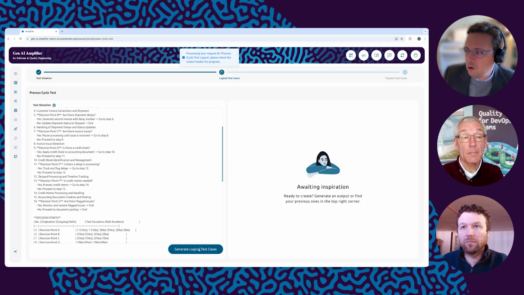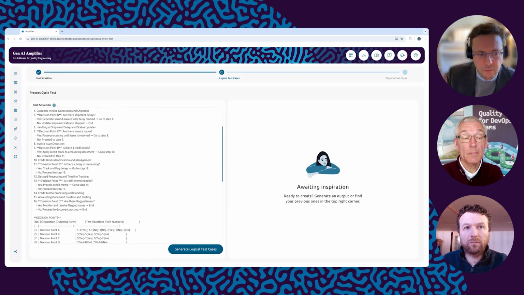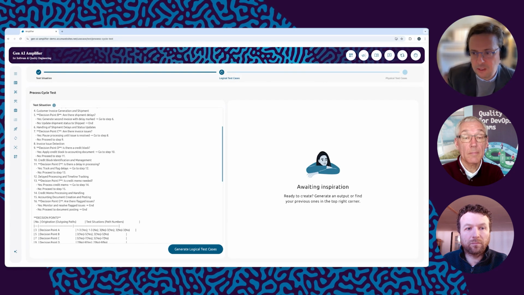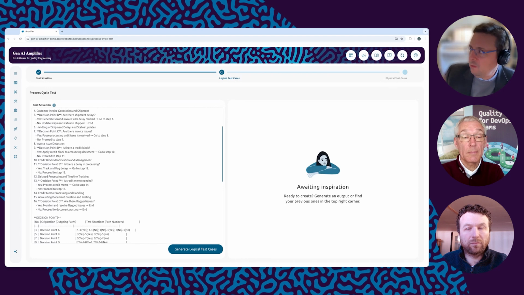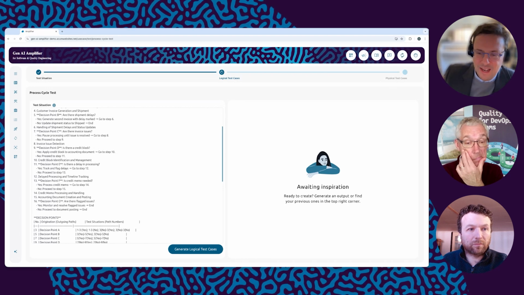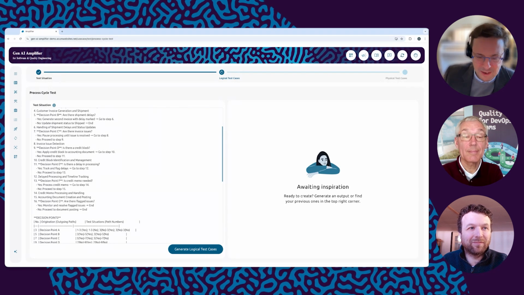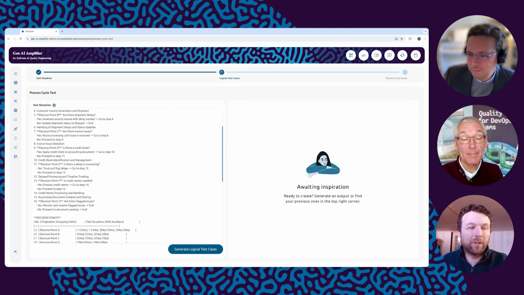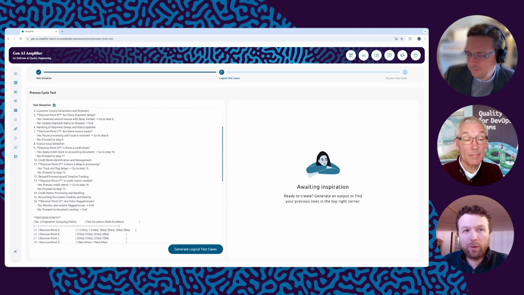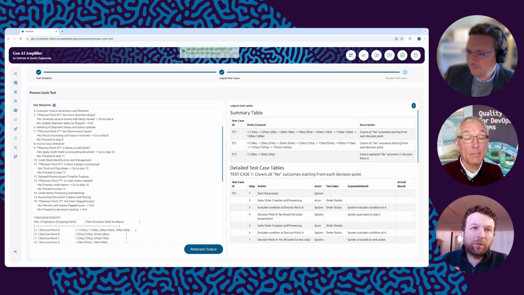I will then go and create the logical test cases, which are derived from the decision points and the understanding of the test situations. Okay, so we have to wait a little bit, and we have to think that it's not a deterministic system based on code, and there's an API behind it that takes a bit of time to retrieve it. Yeah, but maybe while we wait on the Amplifier to come with a response, this is for me already